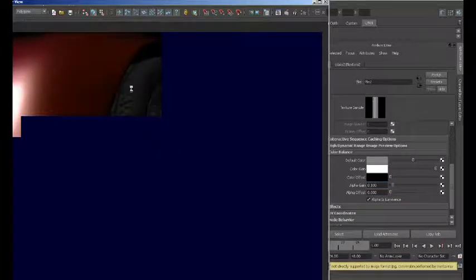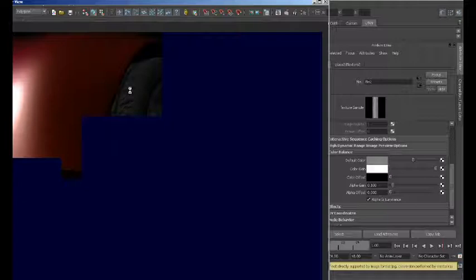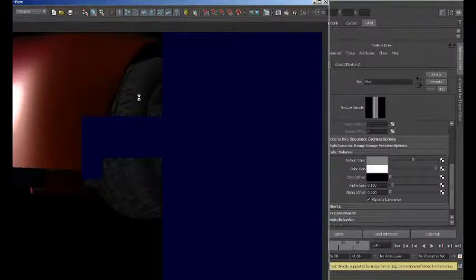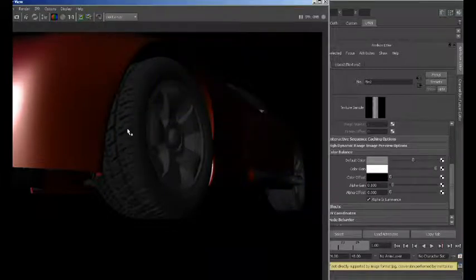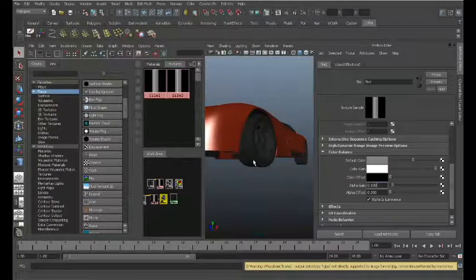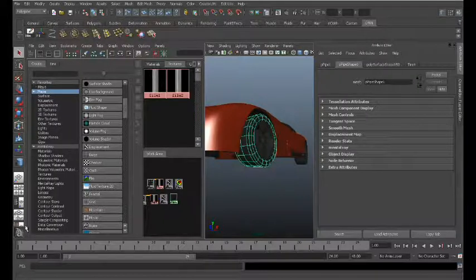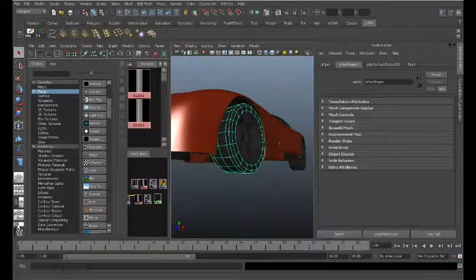Alright, so we can see already that we have a much nicer tread on that wheel, and I'll let it render just a little bit more, but I can already see that the UVs are not quite where they should be. Very close. We want to get a nice transition from the tire to the sidewall, so we're going to come in here and select on our